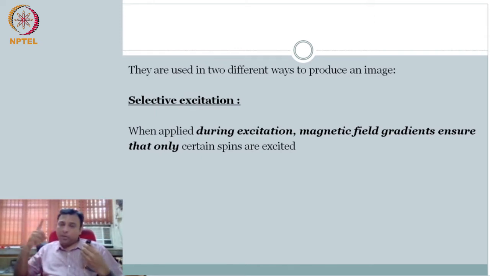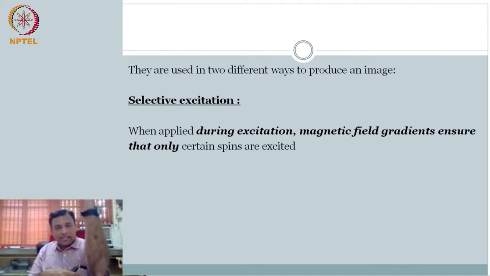So now I am going to apply B1 at a particular frequency. Wherever that frequency is there in this 3D volume, only that location is going to get excited. What do we mean by get excited? That means your signal is going to always be in the transverse direction. Excited means as long as you apply the RF excitation, only those locations will start to move towards the transverse plane, giving out signal. Okay, so that means if I'm going to measure the signal, record the signal, I know it came from only those locations which had the RF excitation frequency, right?